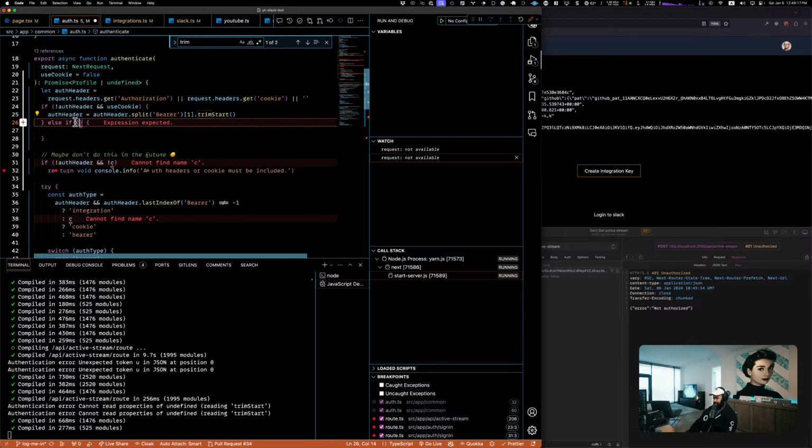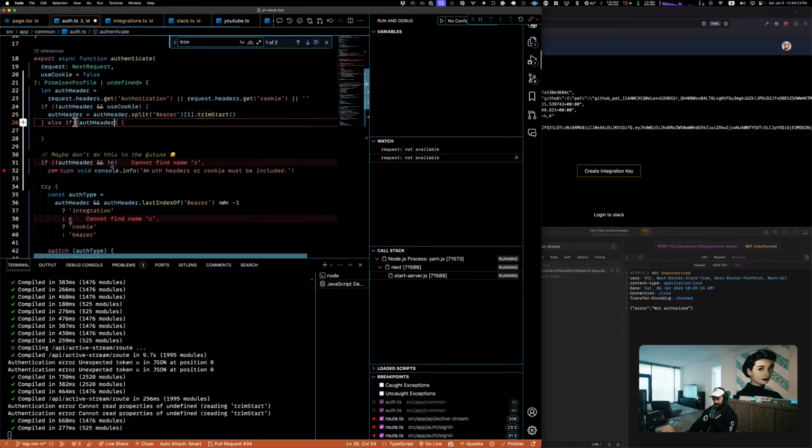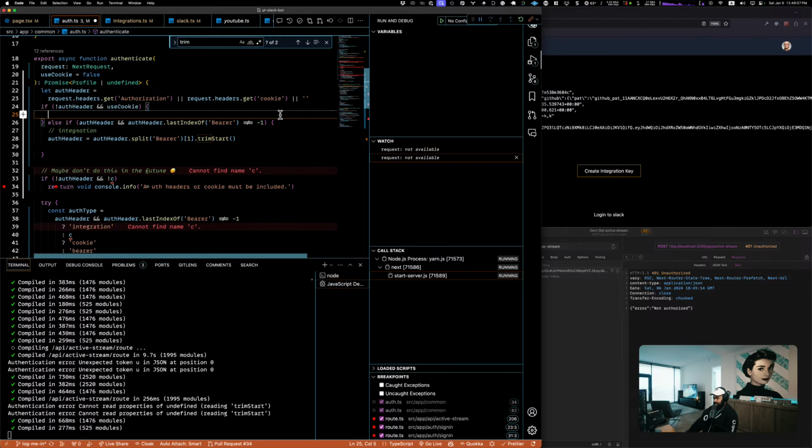Else if we do have an auth header and wait, why is this here in use cookie? Okay, my bad. This goes here. So we're going to say auth header, and then we're going to say, and gosh, this auth header last index of thing, we're going to take that. So if this is the case, we know that this is integration. If this first thing is the case, we know that we're using the cookie.